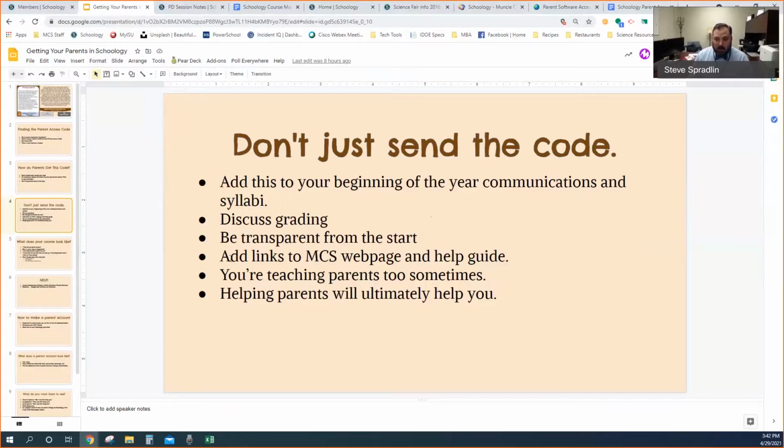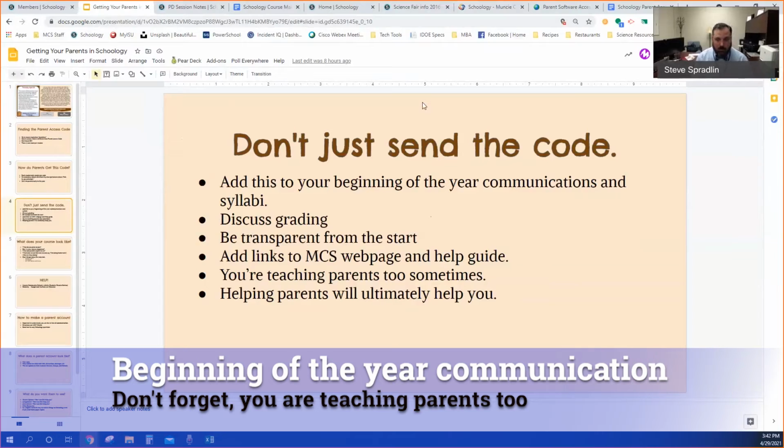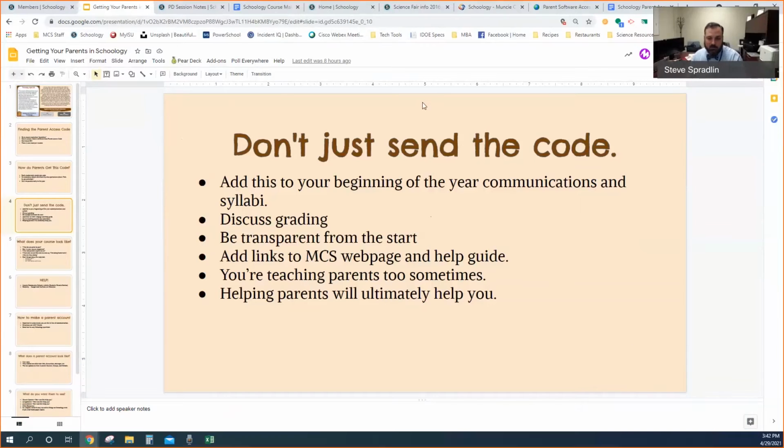I also think adding some help stuff in there. The letter I originally made had a little screenshot of how parents make an account. I knew that I'm not only teaching my kids, but I'm teaching the parents too. And that happens sometimes. We're teaching the kids how to use it, but we're also teaching those parents how to use it. And I did that because helping those parents is ultimately going to help me. That's going to help me communicate at home. That's going to help me put my expectations out there. That's going to give me a